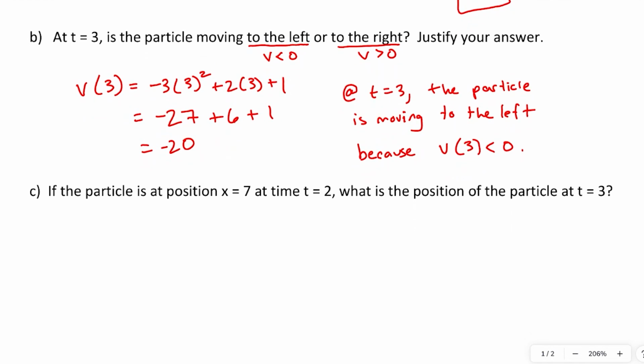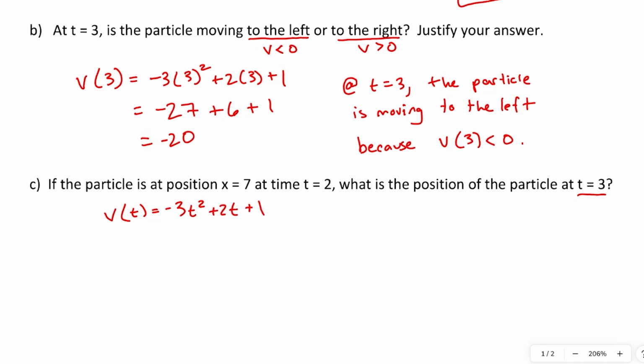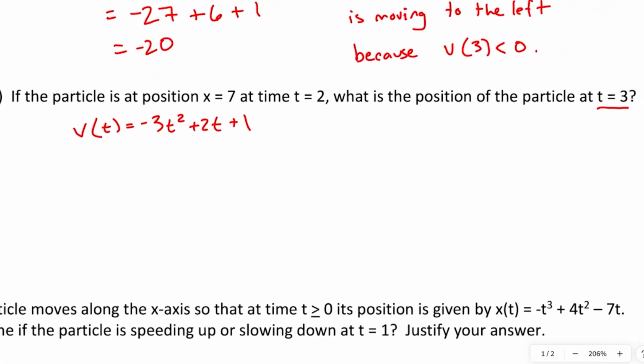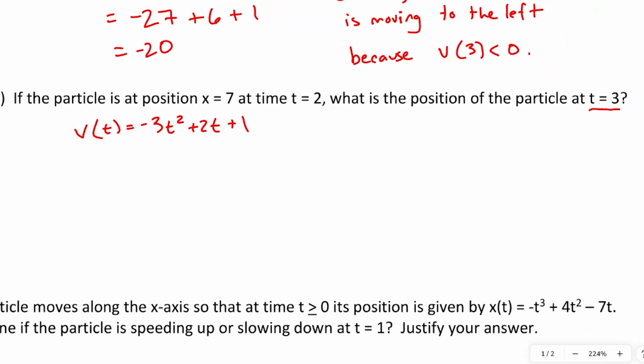Okay, part C says if the particle is at position x equals 7 at time equals 2, what is the position at time equals 3? So here we have to find the position. This is where finding an antiderivative comes in, because we know, and maybe I'll rewrite the velocity function here, negative 3t squared plus 2t plus 1. We want to find the position. So you do want to make some kind of statement about the relationship between position and velocity here. So I'm going to say that the position function